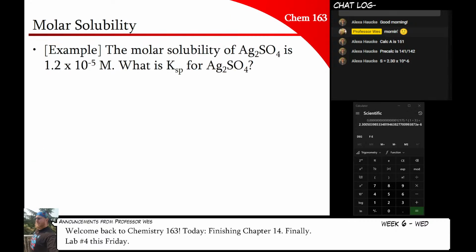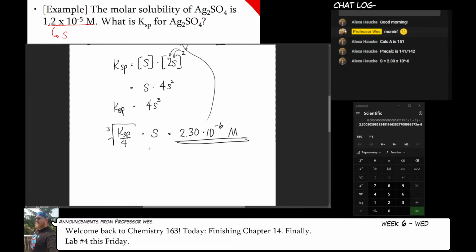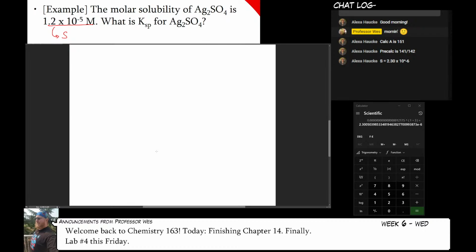All right. For this one, I have S already figured out. So here's what S is. What is KSP for this equation? Or not for this equation, but for this reaction. So this shouldn't be difficult to do, right? Because